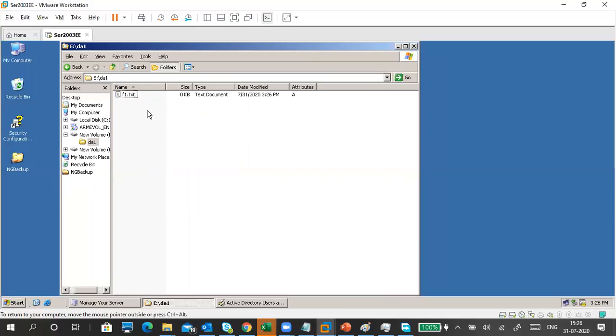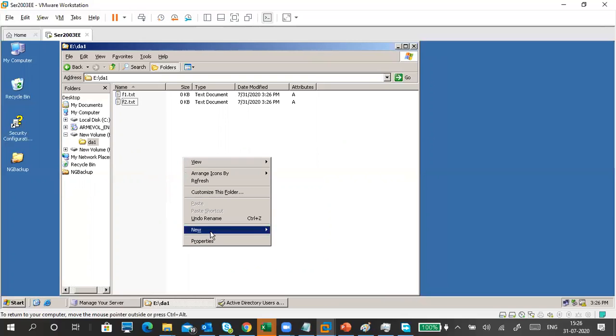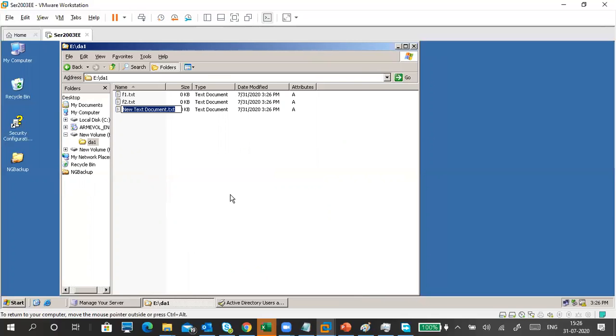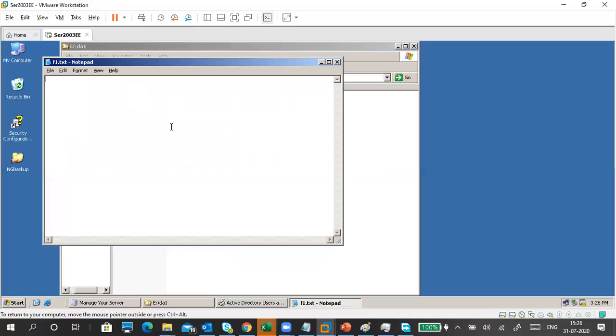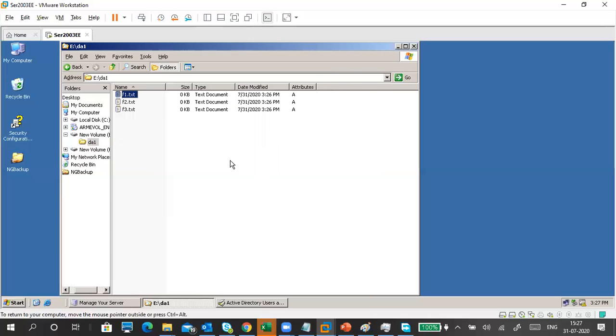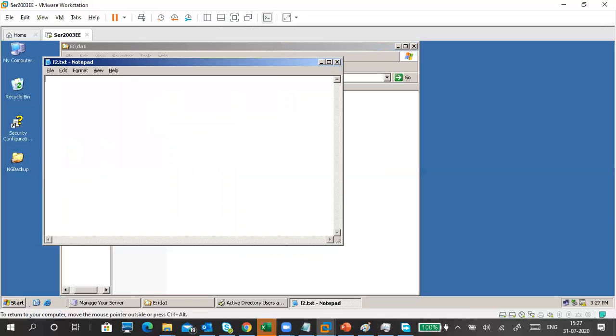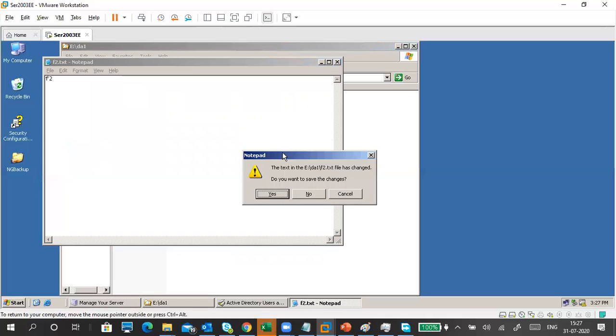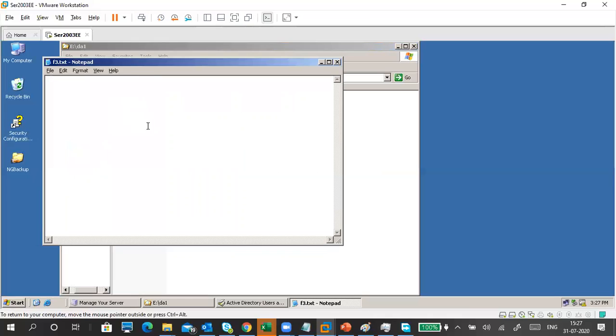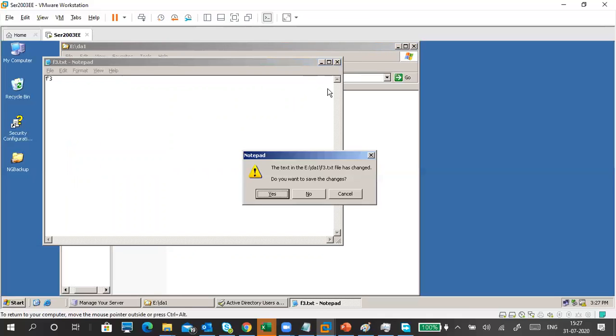Control C. Then I'm going to create more files, F2, and F3.txt. So the files are created, and you put F1, F2, F3 in them, just so there is some data.